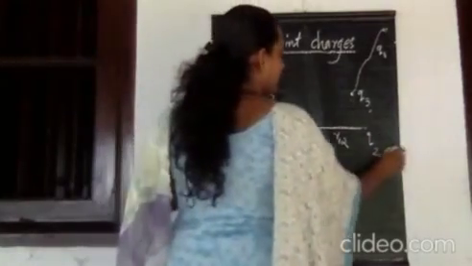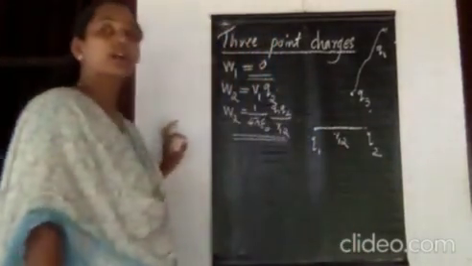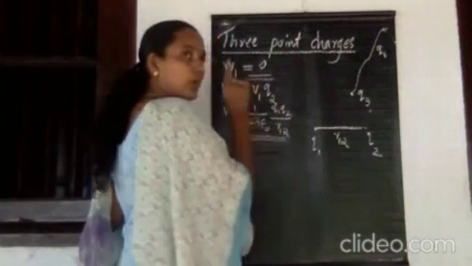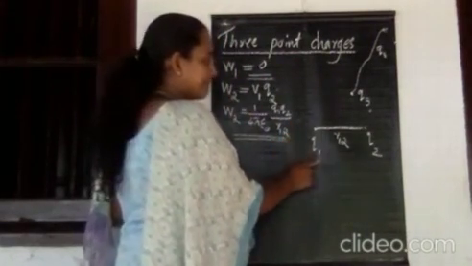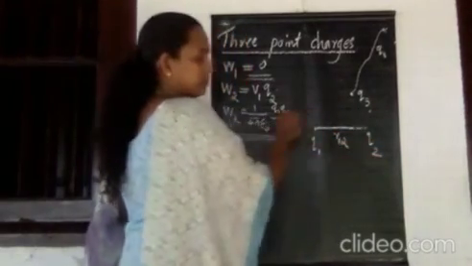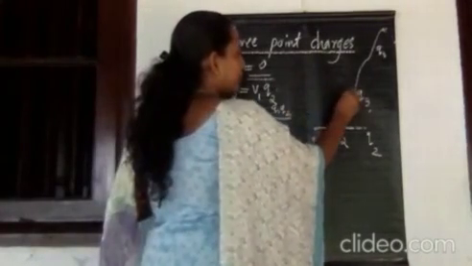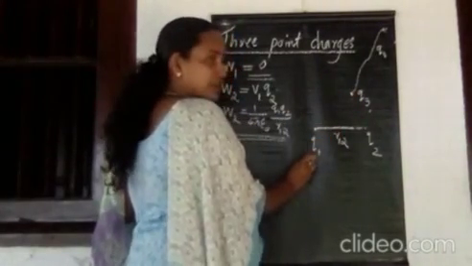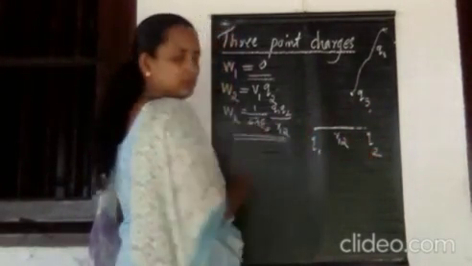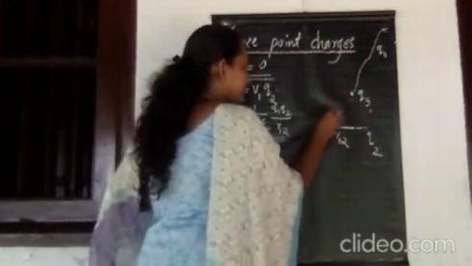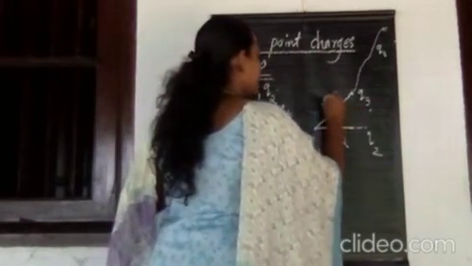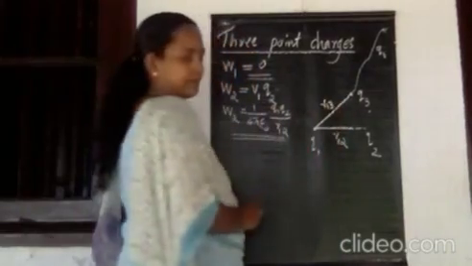So how can you write the expression for total work done? This charge Q3 has to do work to overcome the field due to Q1 and also due to Q2. At this point Q3, there will be a potential due to the first charge Q1, and at the same time a potential due to the charge Q2. First of all, what will be this distance? This is the Q1 charge, this is the Q3 charge. Therefore, this position vector you can write as R13.